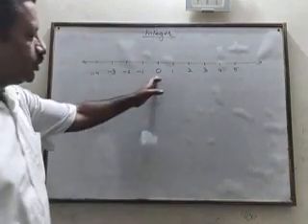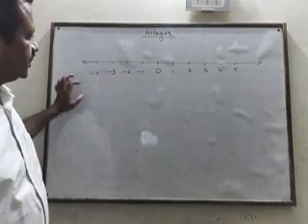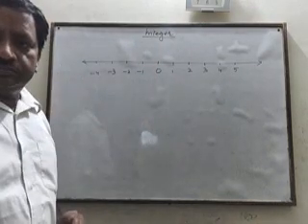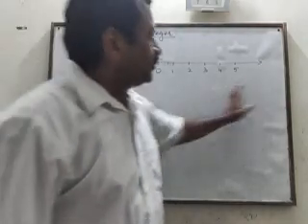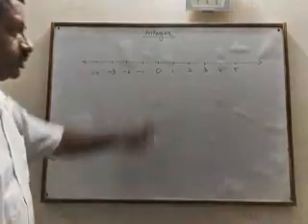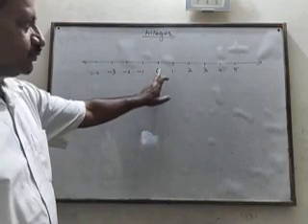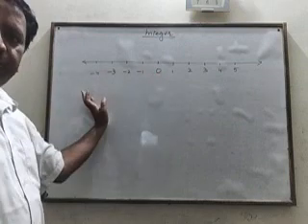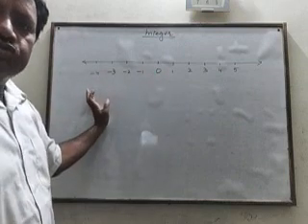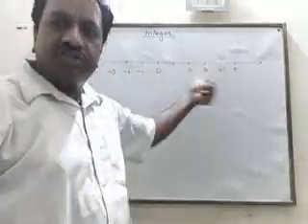Now farther you will go to the left, the smaller will be the value, and farther you will go to the right, the greater will be the value from 0. Farther from 0 to the left will give you smaller value. Farther to the right from 0 will give you the greater value.